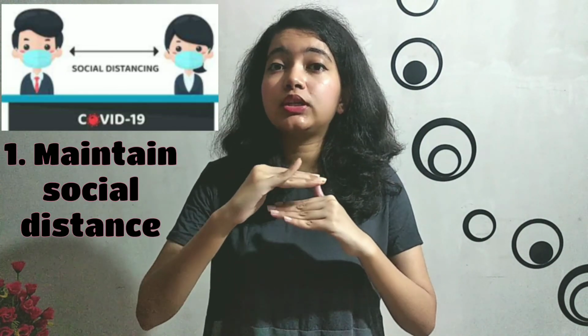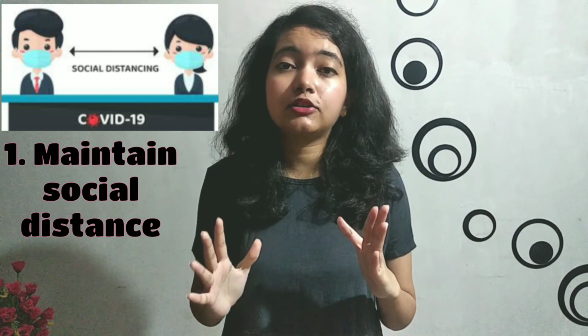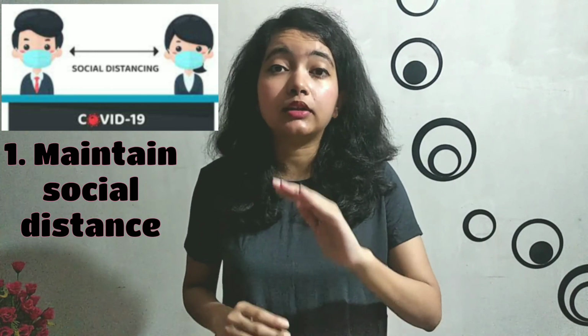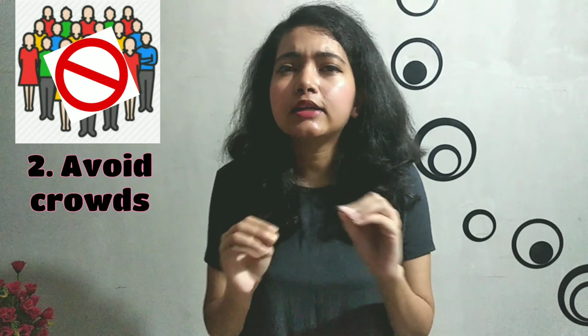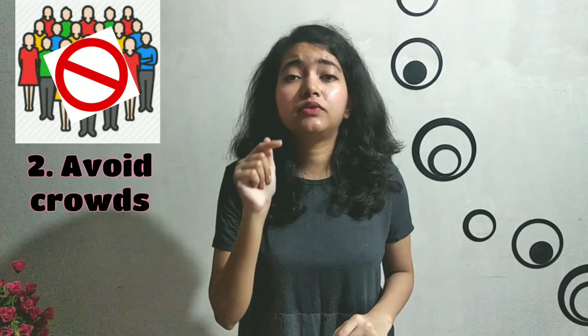Before I end the video, there's a very small message from my side on how you can prevent COVID-19. First of all, this is a kind of droplet infection that spreads from a sick person to a healthy person through eyes, nose or mouth. Therefore, it's very important for you to maintain proper social distance. Please maintain a distance of at least 2 to 3 meters with other people. Avoid any kind of crowds because that's where you have the greatest chances of acquiring the infection.